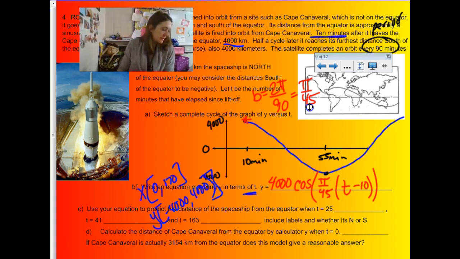I already got these answered on my calculator, so when the time is 25 minutes in, it is 2,000 kilometers. At 41 minutes, it's below the equator, so negative 2236.8 kilometers. And then at 163 minutes, it's negative 1236.1 kilometers. And then when time is 0,